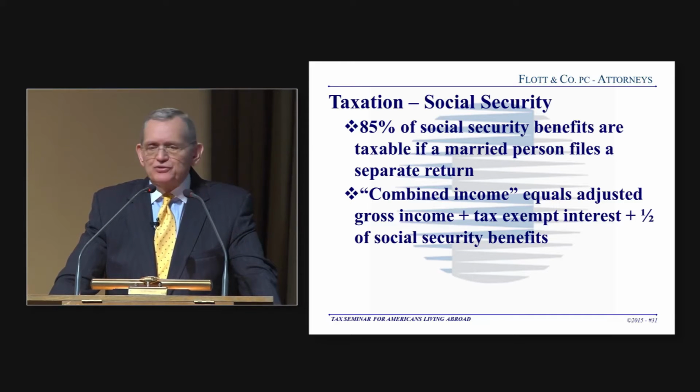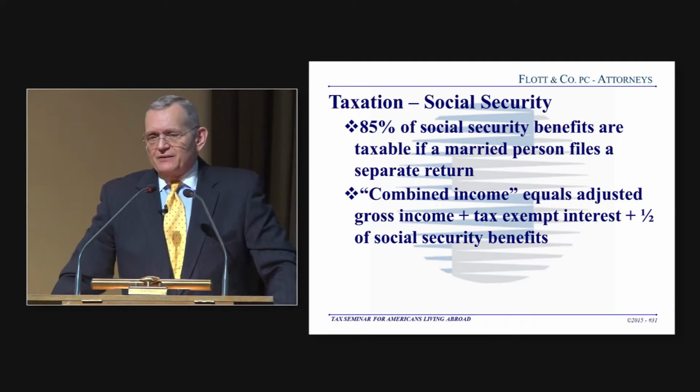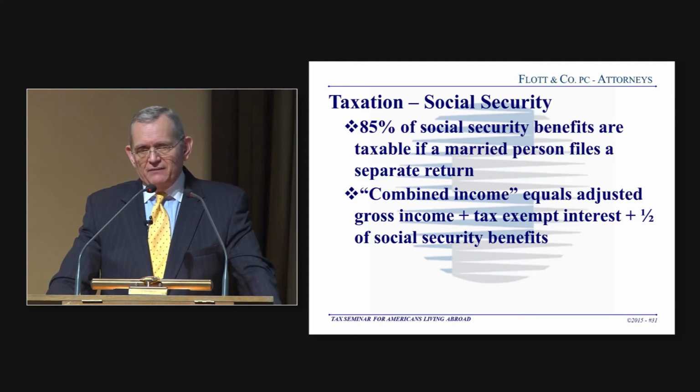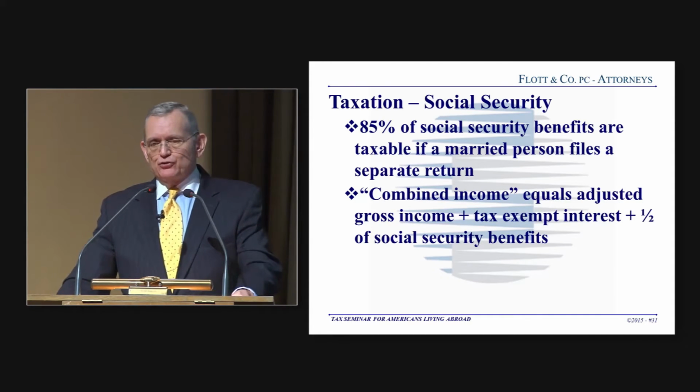Combined income equals adjusted gross income. Effectively, that's your gross income. There are several adjustments, most of which don't apply to most of us, plus tax-exempt interest and half of your Social Security benefits. So you go back to the previous slide, you add half of your Social Security benefits, let's